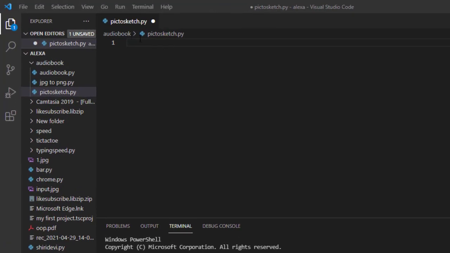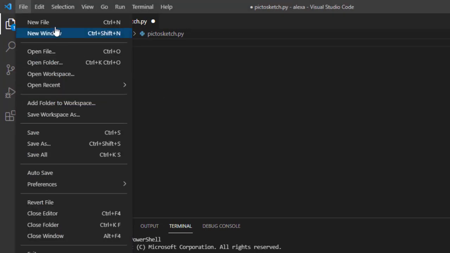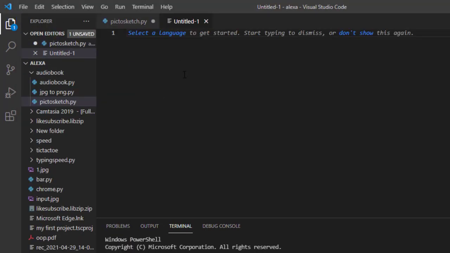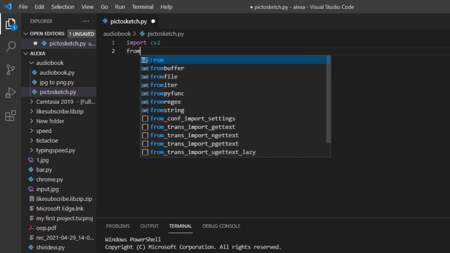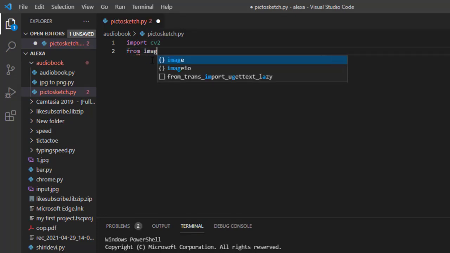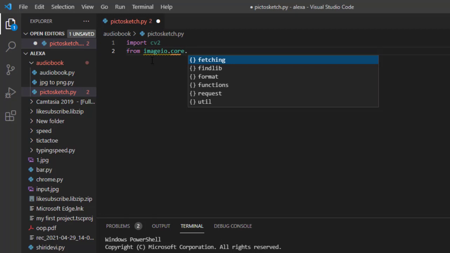Now guys, I am on my pic to sketch.py, and if you want to create a new one, simply click on File, New File, then you will be on a new page and give it a name as you want. I'm not going to create another one, simply cancel it and start our coding, importing our first library, which is import cv2, and just simply click enter. Importing our second library, which is from imageio.core.util